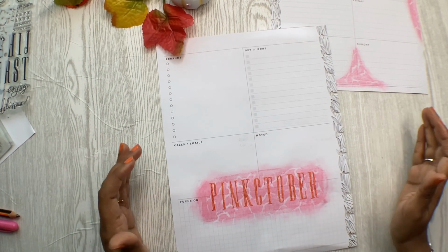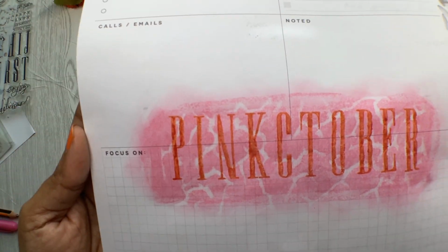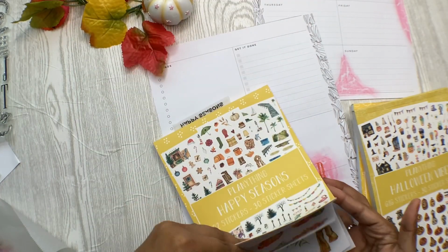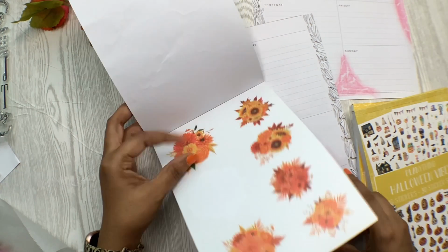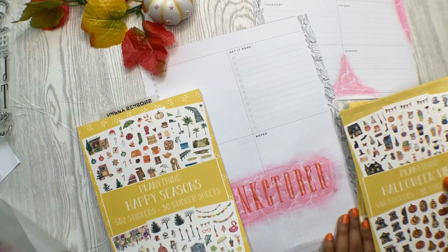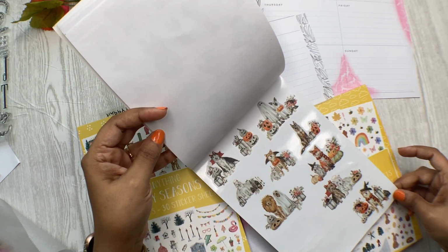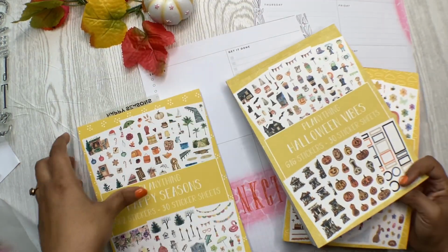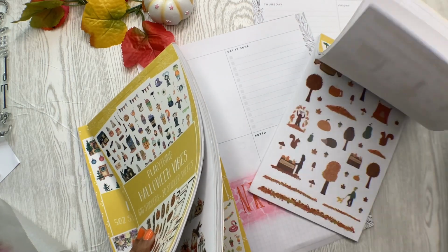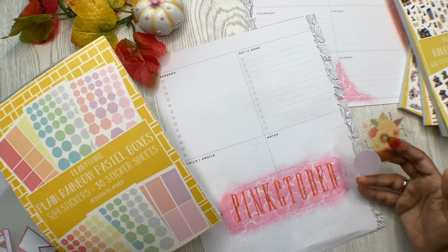And I'm back. So it took a few hours in between, but for you wouldn't notice the difference. And you can see that water effect more clearly now. And now moving to the stickering part of the spread. So I'm trying to see which ones to pick, because I want those orange flowers, because it's still not fully darker tones of fall yet. The Halloween vibes has the cutest costumes you can see, and especially with the pets in those costumes, it's super adorable. And I may bring in some from seasonal vibes, but yeah,